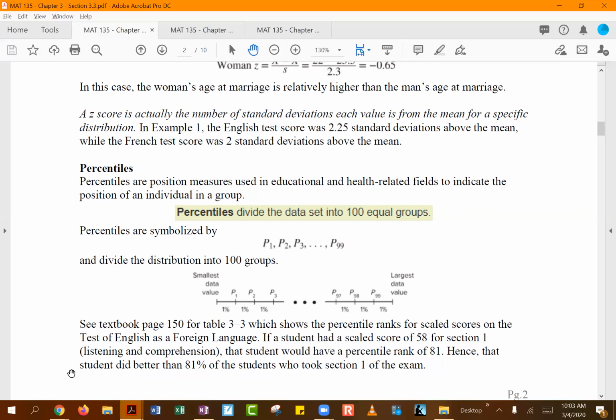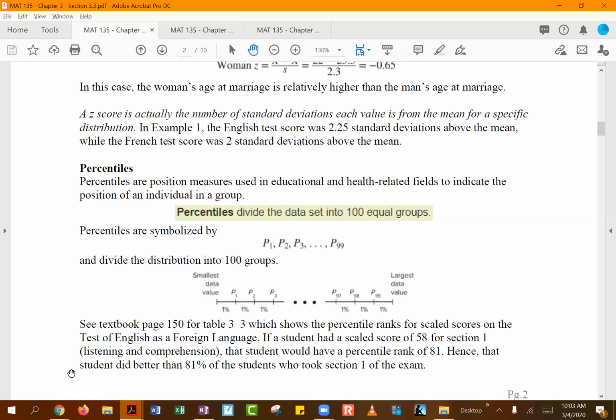Alrighty, now we're getting into the percentile discussion. So this is, of course, as we were talking about, the position. With percentile, you can kind of think of percentage to help you out. You can see we break it up into 100 equal parts. And then the idea is, like you saw in that first paragraph of this handout, if they say 80th percentile, that means 80% of the data values will be below that score or whatever you're looking at, and only